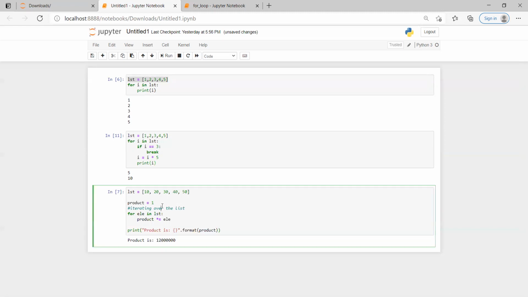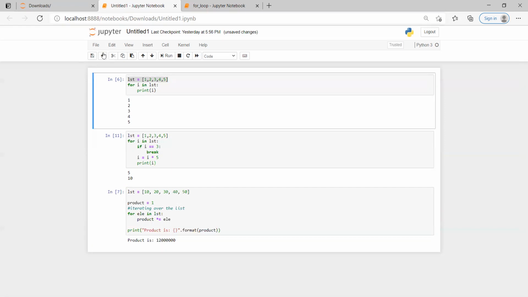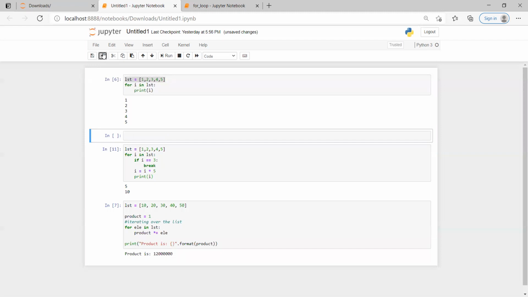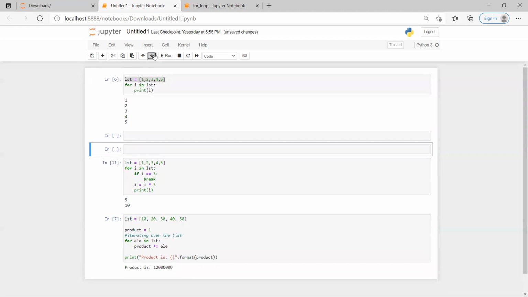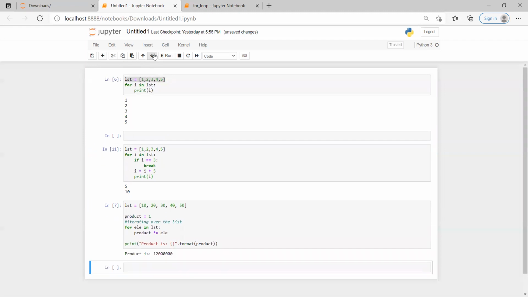Similarly, I don't want to mention 1, 2, 3, 4, 5, a list of values. Rather, I want to make use of a range function. So for i in range of 6.